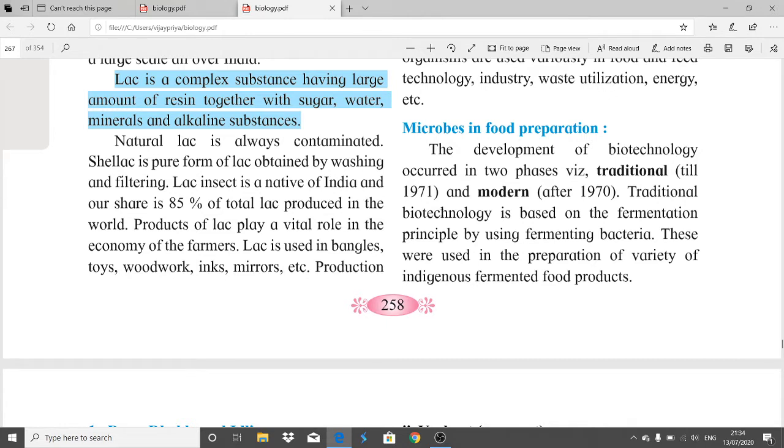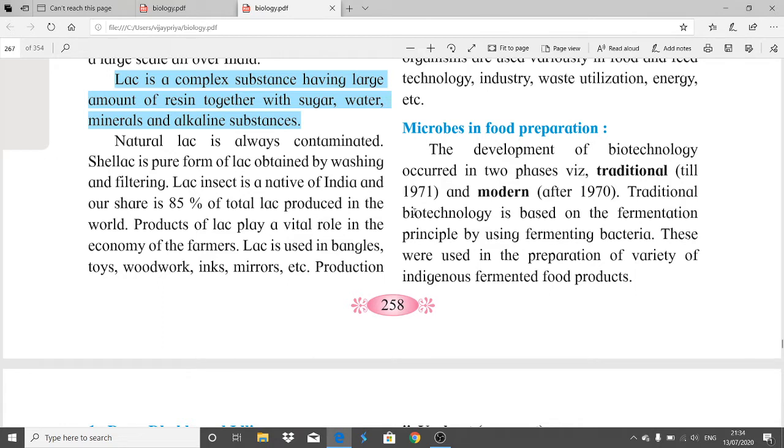Okay, so whenever a question is asked on microbes in food preparation, the thing you have to remember from this microbes in human welfare section is the name of the microbe. It is very essential that you remember it. There is no shortcut. You have to remember the names because very short answer questions and a number of multiple choice questions can be asked on this section.